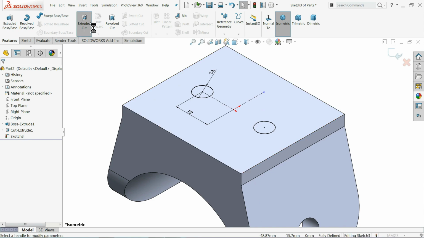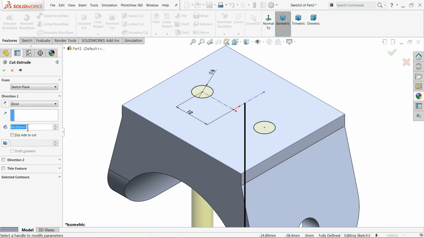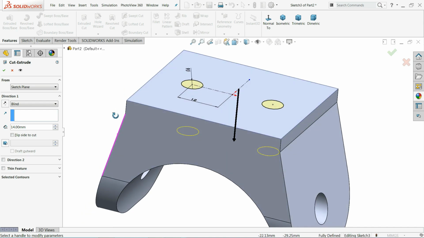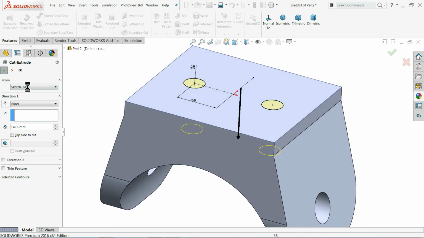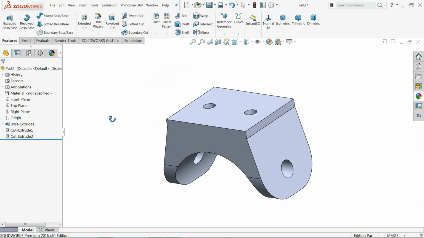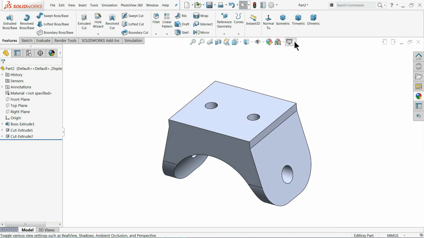Feature and select extruded cut. We want to make a hole, not throughout. Keep end condition blind, and here 14 mm. It is not throughout. That's it. So this is the simple wooden landing gear.